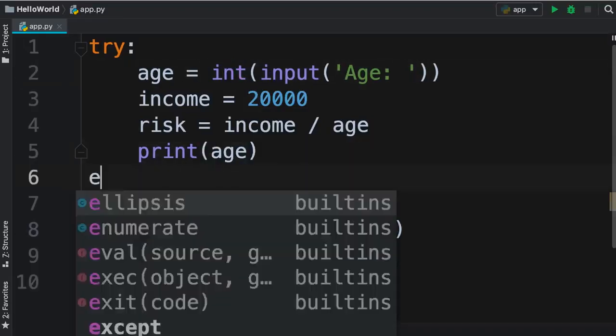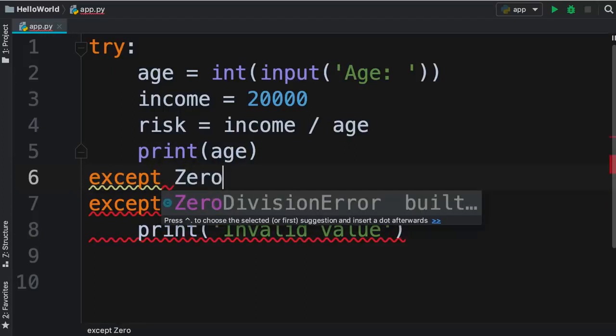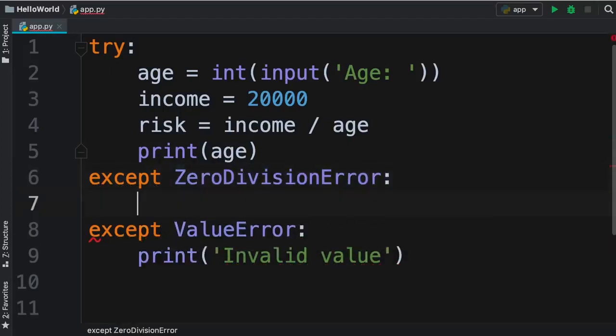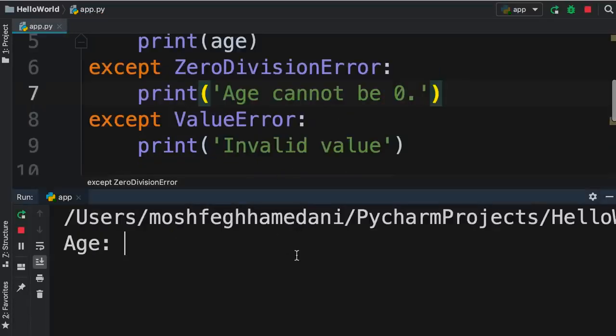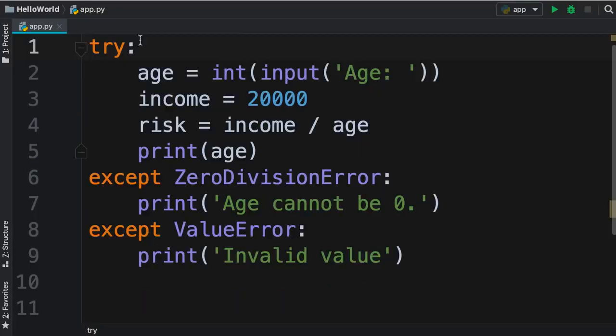We can add another except statement for an exception of type zero division error. Now in this block, we can print a different kind of message, like age cannot be 0. Let's run our program one more time. Now I'm going to enter 0 as the age. We get this error message, age cannot be 0. And look at the exit code. It's 0, so our program didn't crash. So to recap, we used try except block